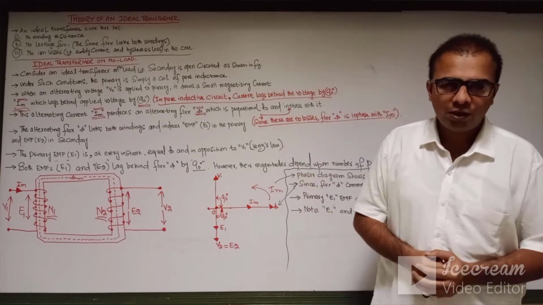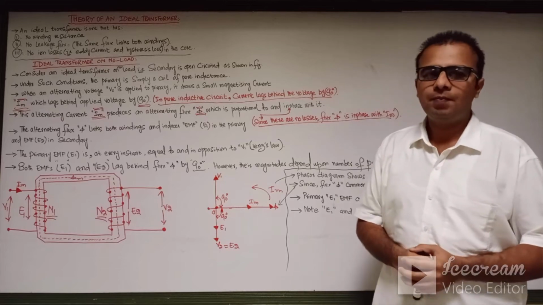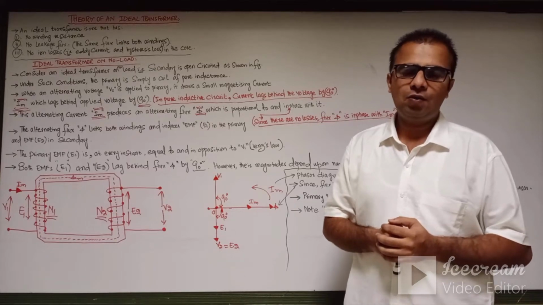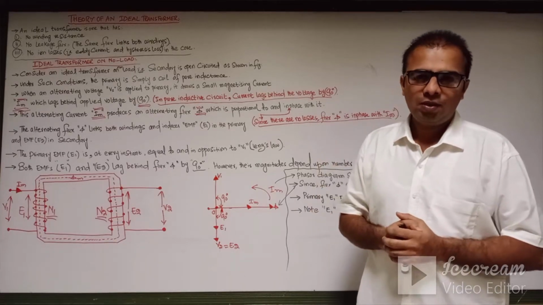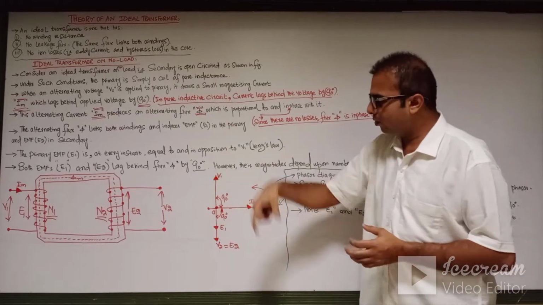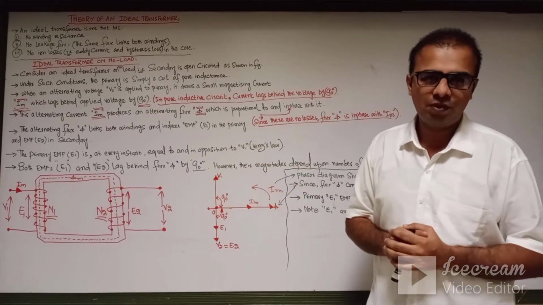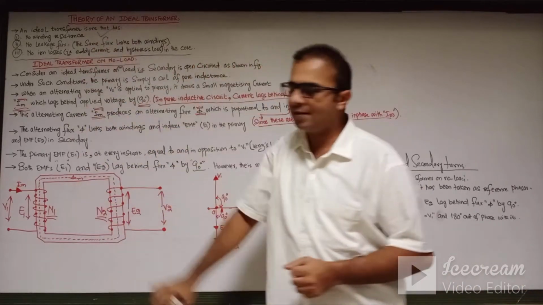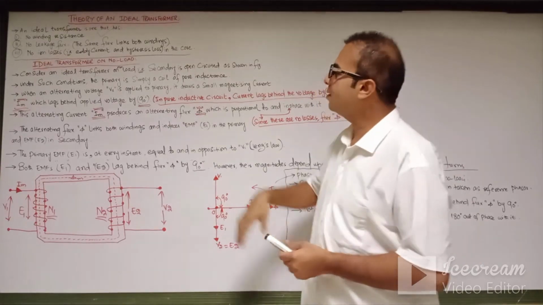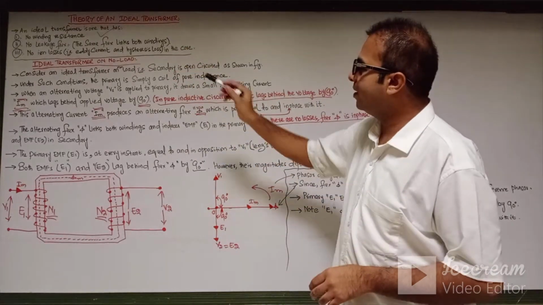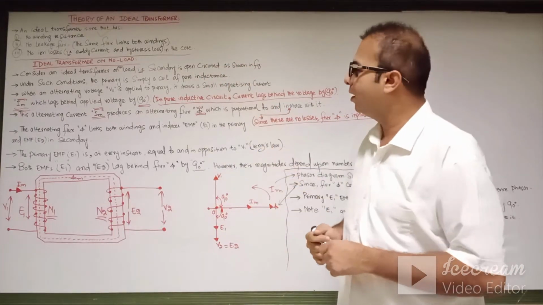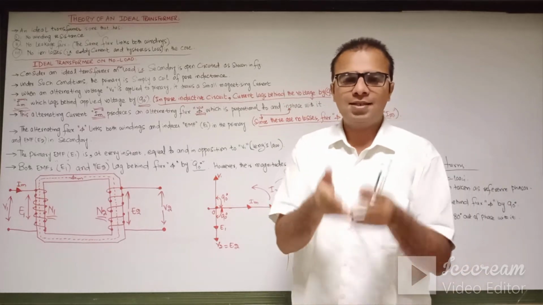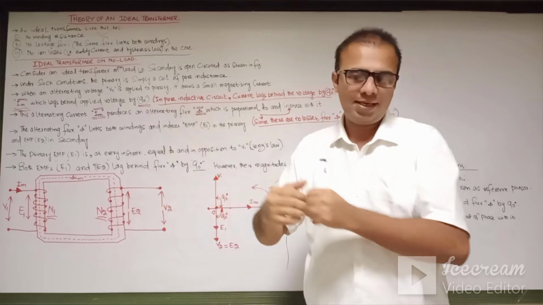Now in today's lecture we are going to take the example of the ideal transformer, and see how it works. So what is the ideal transformer? Before going to discuss the circuit diagram, the ideal transformer is one that has no winding resistance, no leakage flux, meaning the same flux links both windings, and third, no iron losses. The iron losses in an electrical machine are the sum of the eddy current loss plus the hysteresis loss.